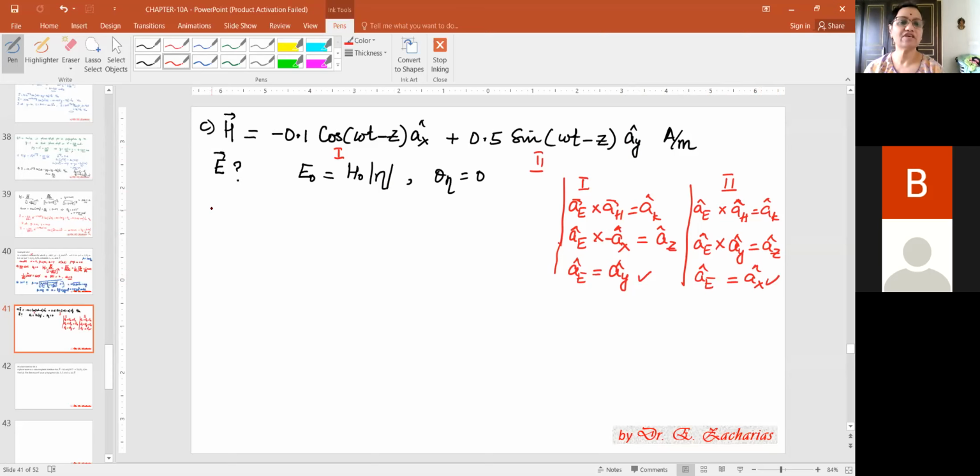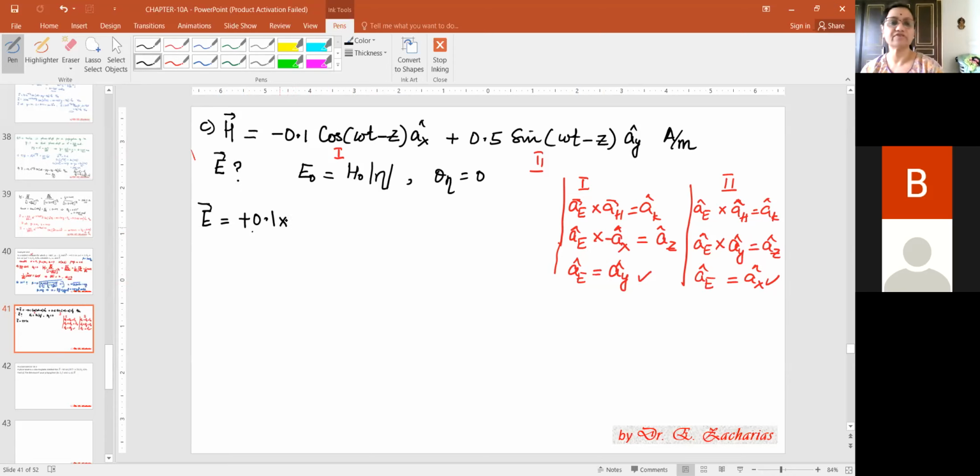So now let me write the electric field. My electric field is going to be minus 0.1. One thing: here itself I have taken my minus, so I don't have to consider that minus here. Are you understanding, guys? When I took the first term, you look at my H, I have already considered that minus. So don't take that minus again, you can go wrong. Therefore, plus 0.1, then into modulus eta. What is modulus eta? Modulus eta is 120 pi, I guess.